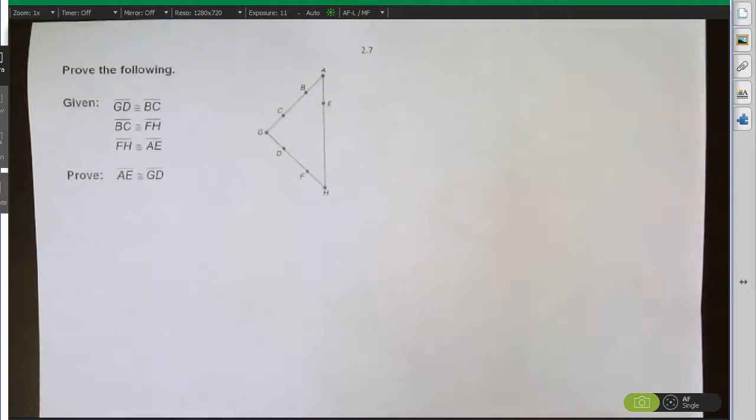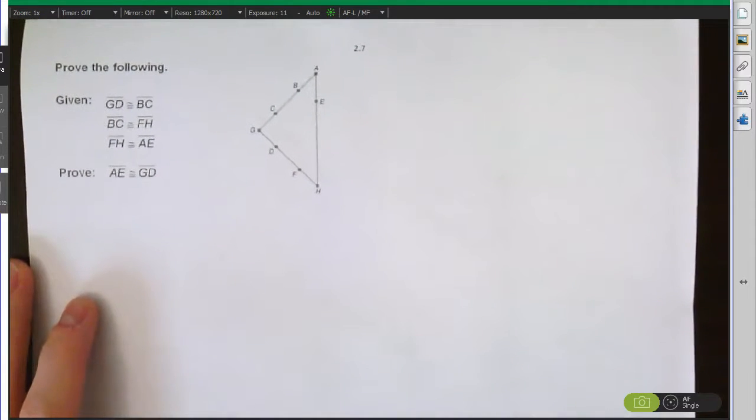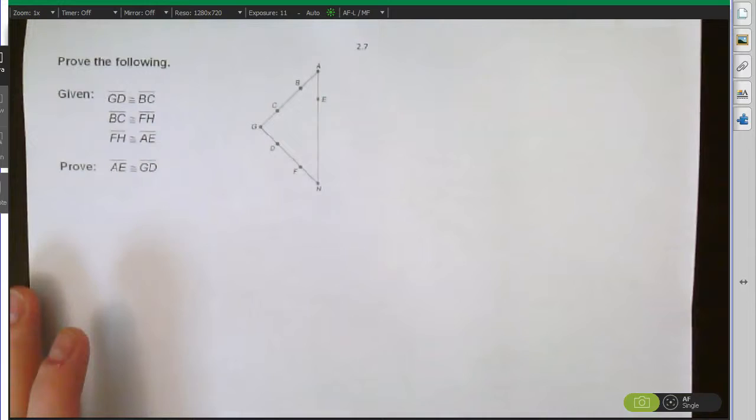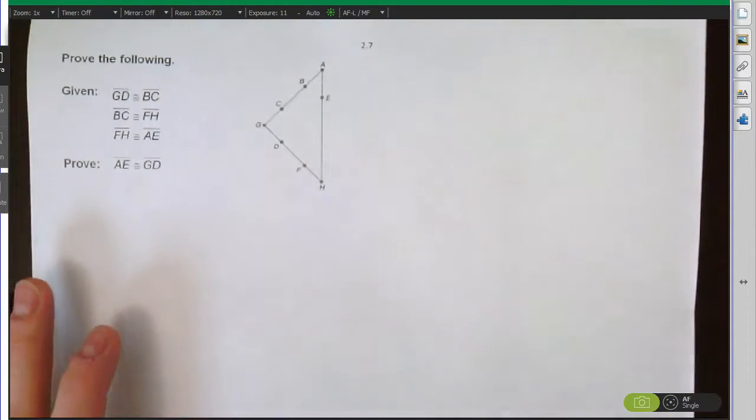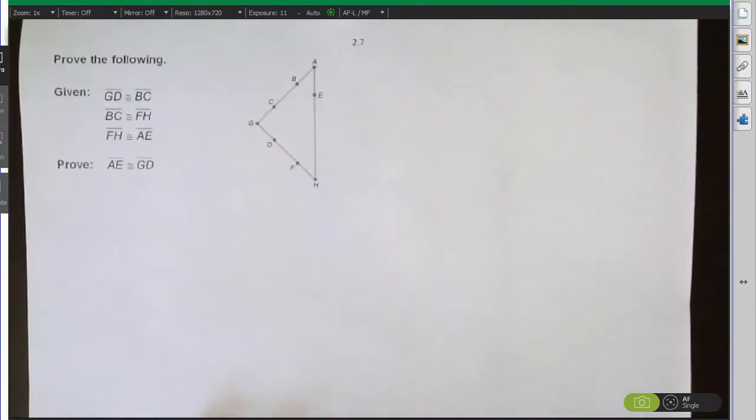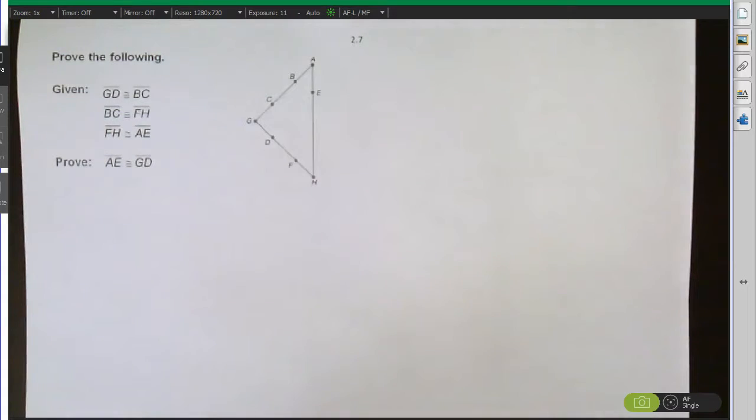Okay, so here are just a few examples from section 2.7 that I wanted to cover, just in case you missed class or something like that, or if you're studying and need to go back and look over something. So we're doing a proof. We're trying to prove that